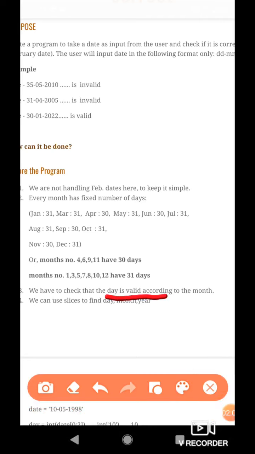If the date provided by the user indicates a day which is not valid according to the month, then we will have to print a message that the date is invalid. For example, no month can have more than 31 days, and the month of April cannot have the 31st date, and so on.